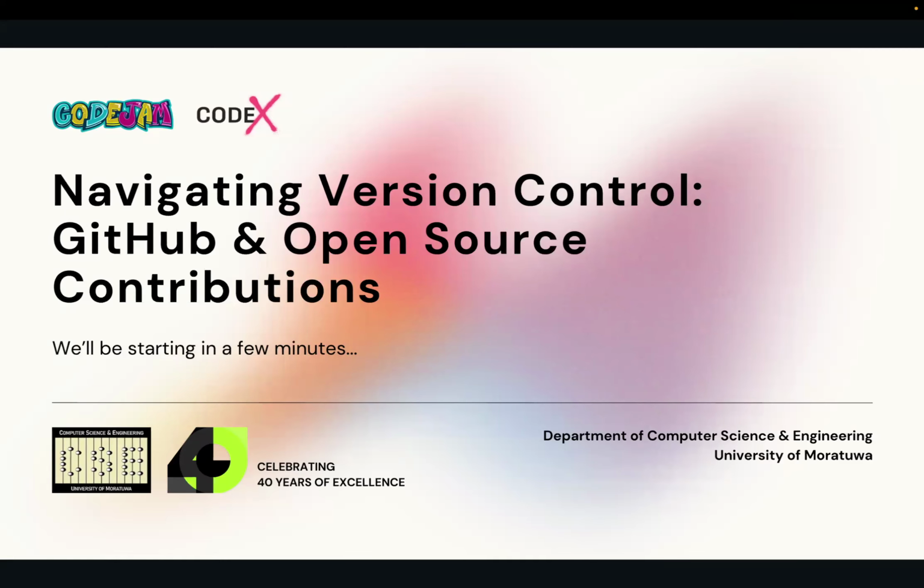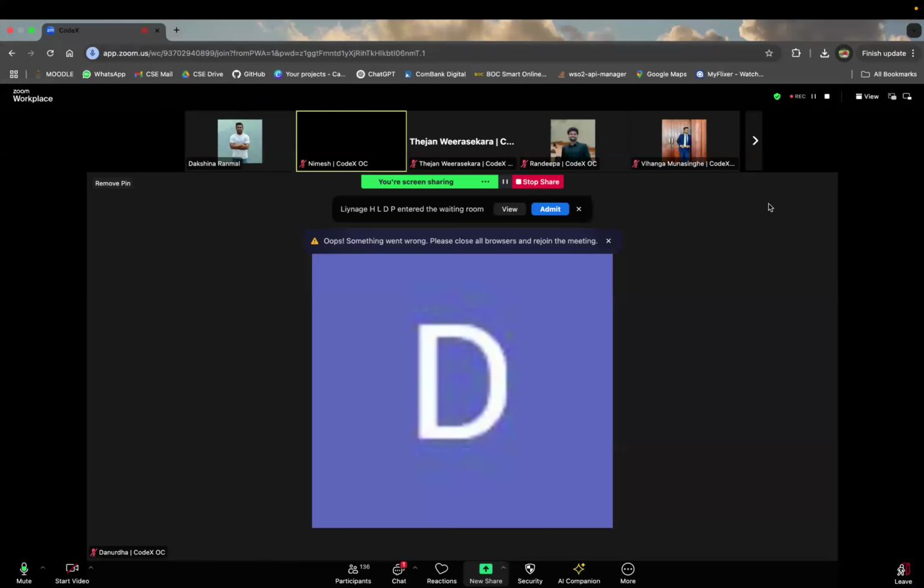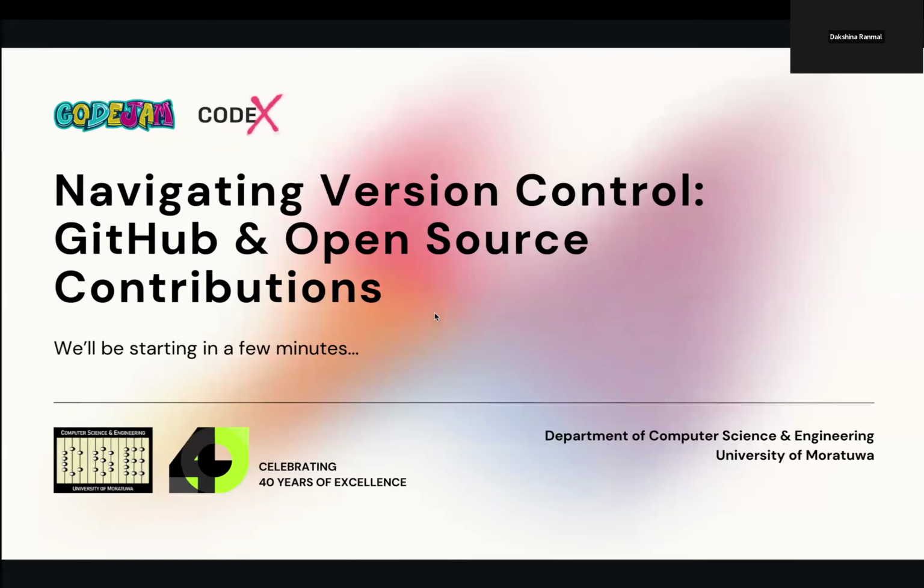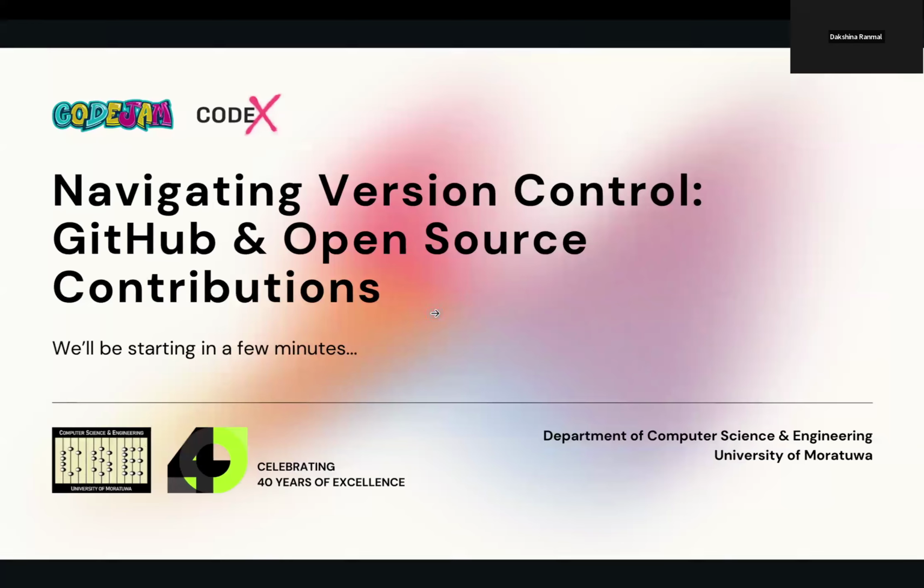From the name itself, version controlling is very crucial. Version controlling is mainly essential for collaborative work, to keep track of the work we have done on the project, and also keep track of others' work in a structured manner.